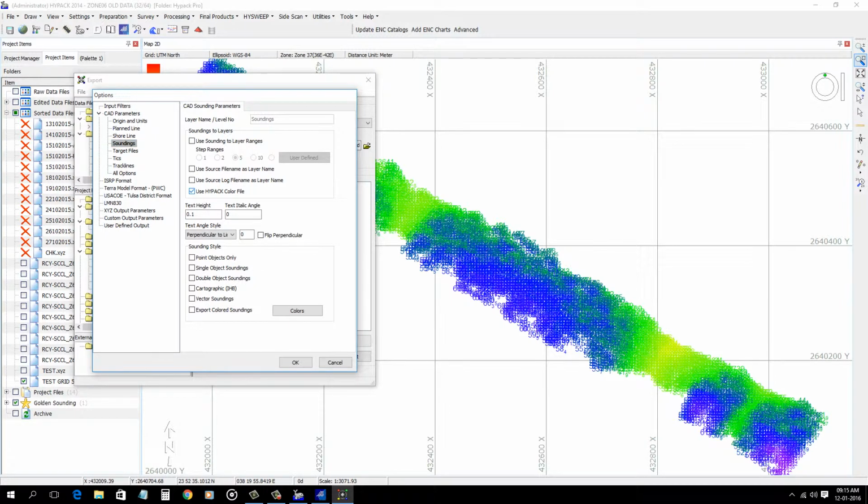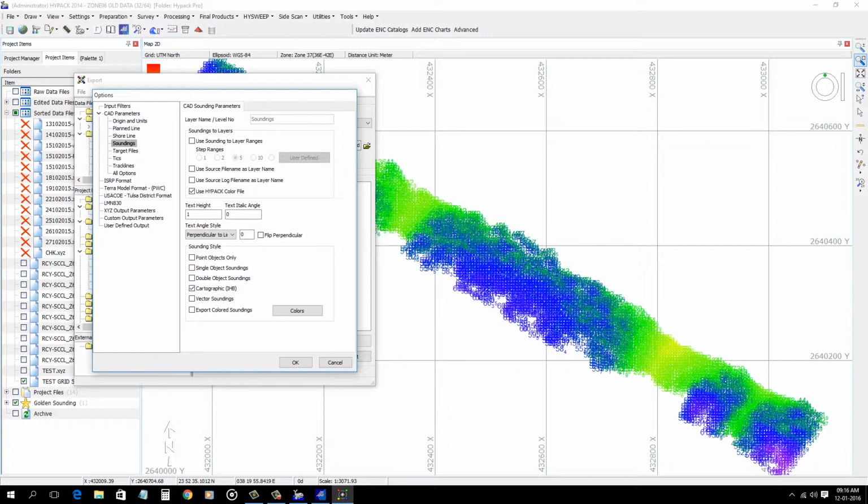If you click this, it will allow us to give the soundings as colored ones. And here give text height, for example text height 1, and cartographic style. You can check the options here, point objects, single object soundings. It will give different styles.